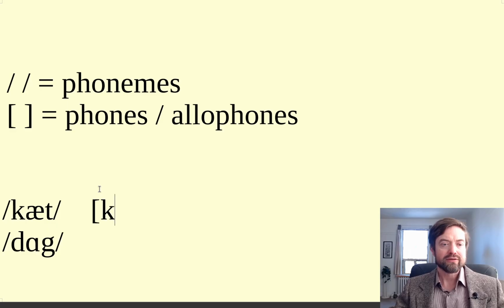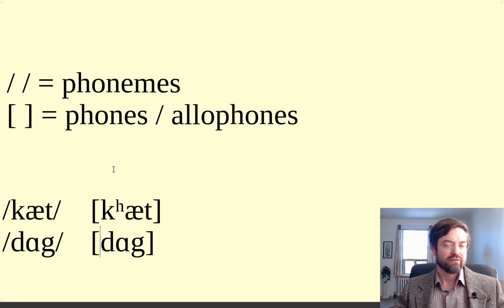And now we can add the extra detail here. And by the way, I'm using the IPA character picker app to get these symbols and paste them in. The link is in the description. So here we see the allophone version, or the phone version. For dog, really nothing different. Cat has this detail that we have aspiration here, that instead of a regular K, it's an aspirated K.